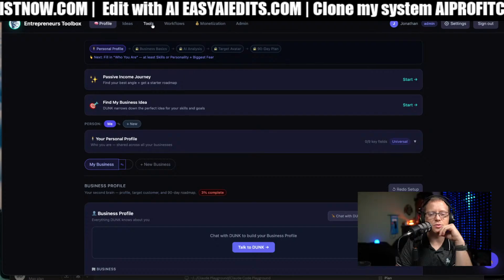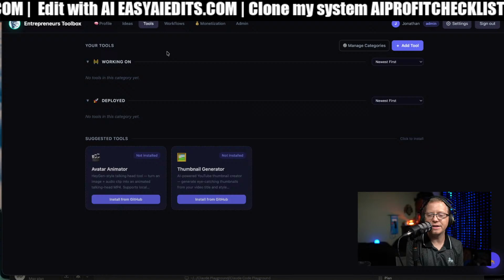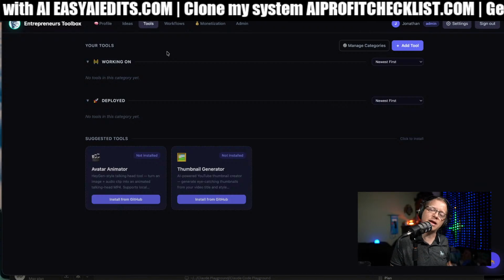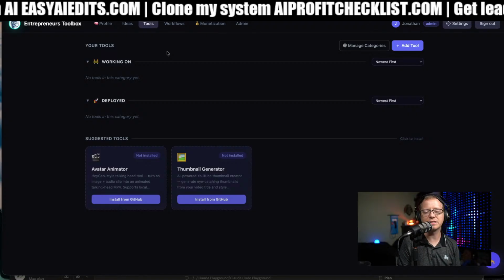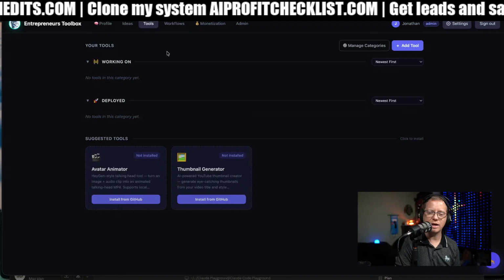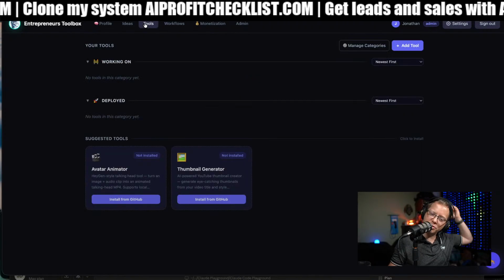And this tool, the tools page, is actually the only page that's not local. So I could see how I could probably bring this entire thing into the cloud if I wanted to, except for this page. And maybe workflows, because I think workflows is for both.